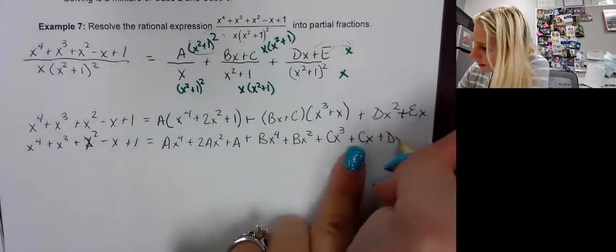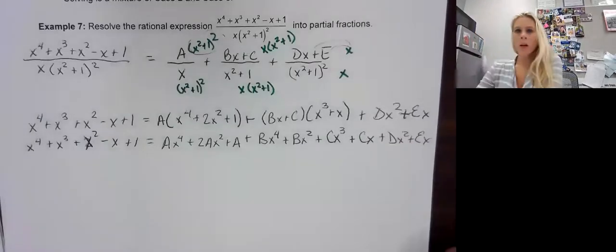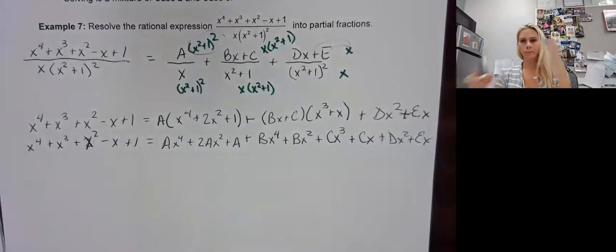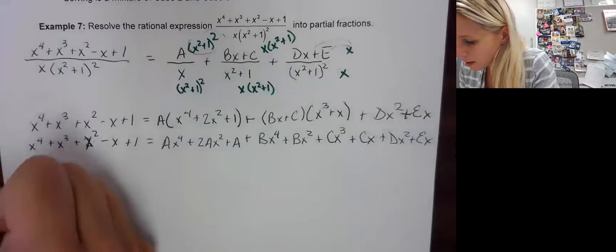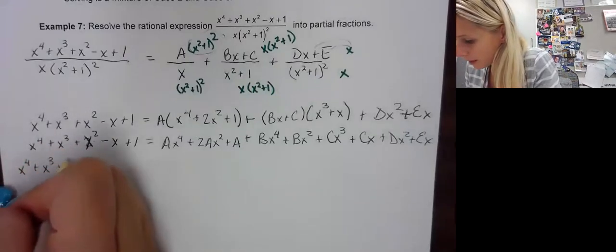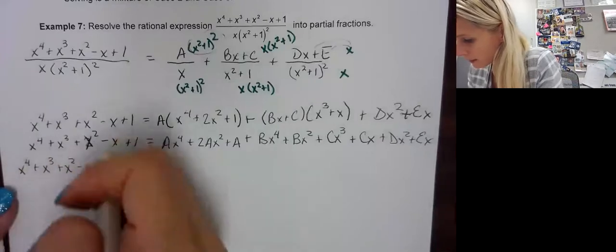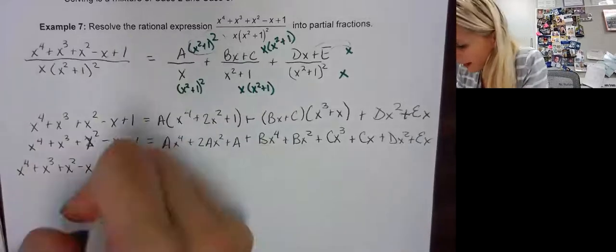dx squared plus ex. Now what? Remember, put like terms close by each other. So I have x to the 4th plus x cubed plus x squared minus x plus 1. Okay, I have